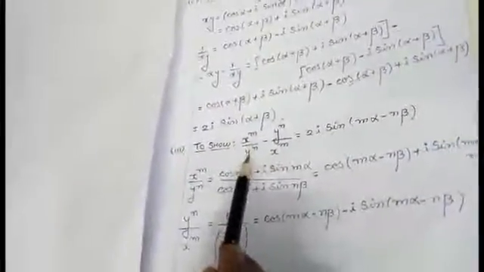Similarly for x to the power n, the third and fourth parts are the same model. You are going to follow this method, students. What we have done in the first and second parts, you are going to try for the third and fourth, and in the same way you will get the answer. It is all based on the properties of polar form. Just go through the concept, students.